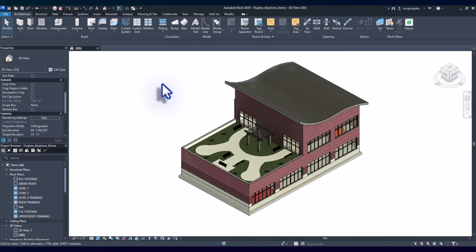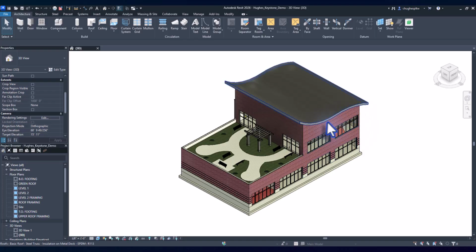Let's walk through how to add some model text to your building. Just as reference, here in the model panel, we have the model text, which adds 3D text to a building model. I think it's kind of neat just to be able to add some signage and things like that to your building. So the first thing we'll do is maybe we want to add a sign right here on